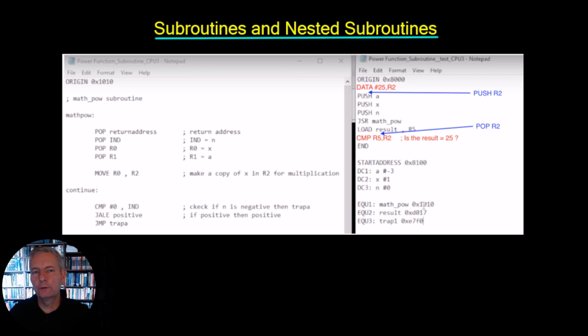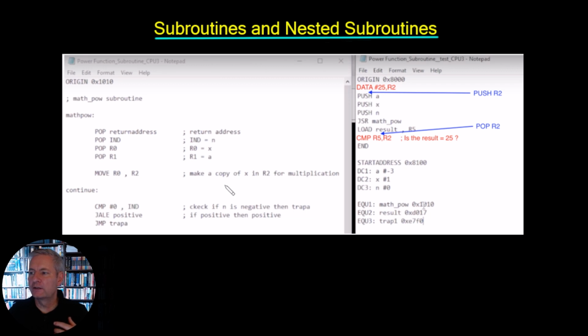In this video, we're going to look at an issue with using the registers whenever we are jumping into subroutines or nested subroutines. Now, this is a point that was made by Timothy Morgan, who has helped me out quite a bit with a lot of my coding. So the point that he makes here is that if we were to look at the example of the power function, which I showed you on the last video,